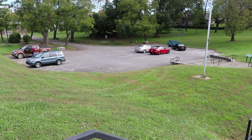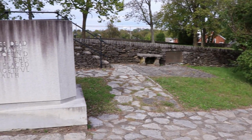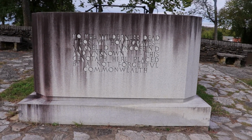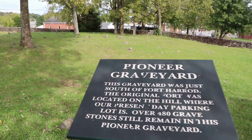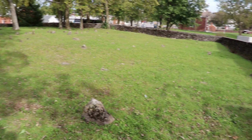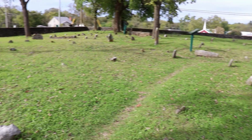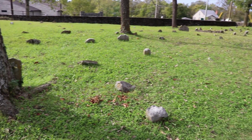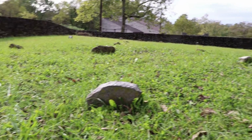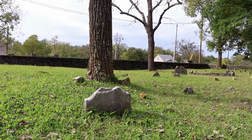So right near the fort, that was right there in the parking lot, is the cemetery. This is the oldest pioneer cemetery in the state of Kentucky. And here it is. These are the graves of the first white settlers in the state of Kentucky. Apparently there's still 480 gravestones surviving here. You can see none of them are really marked or anything. They just put stone